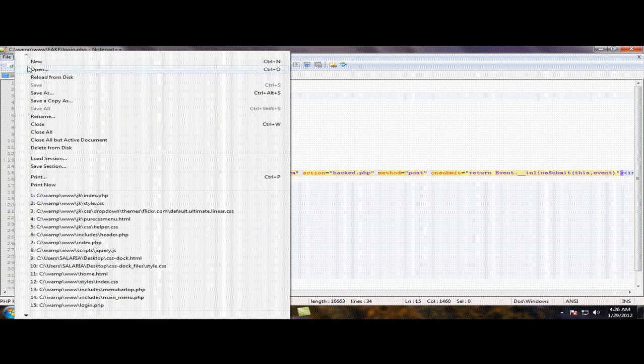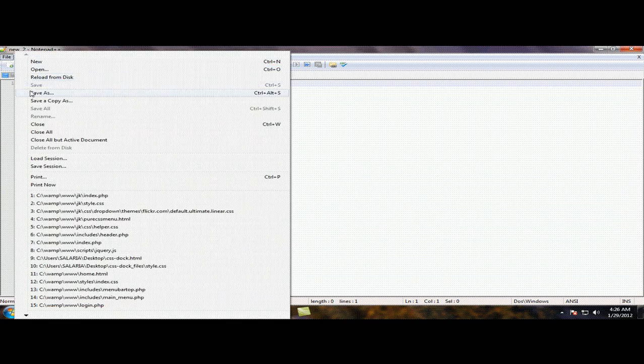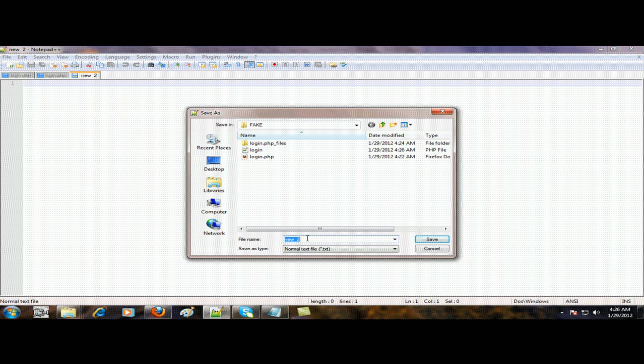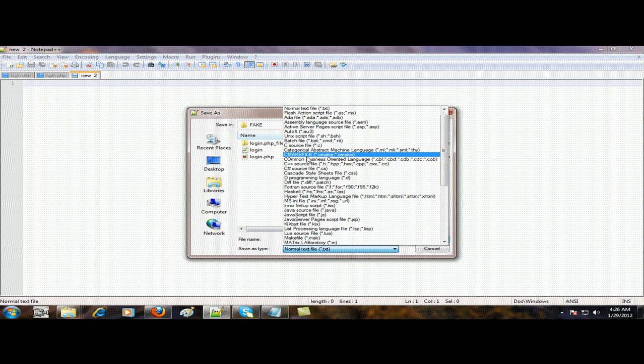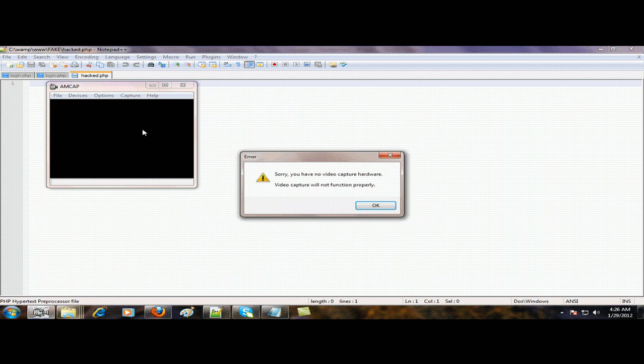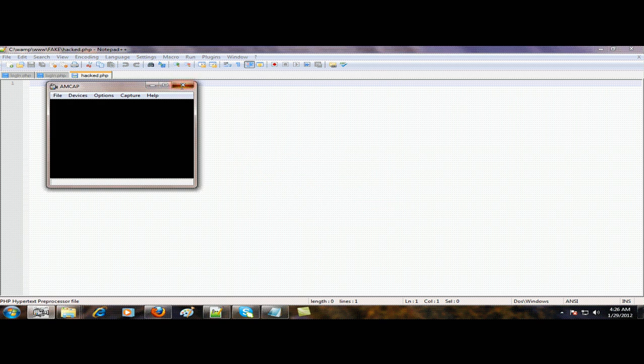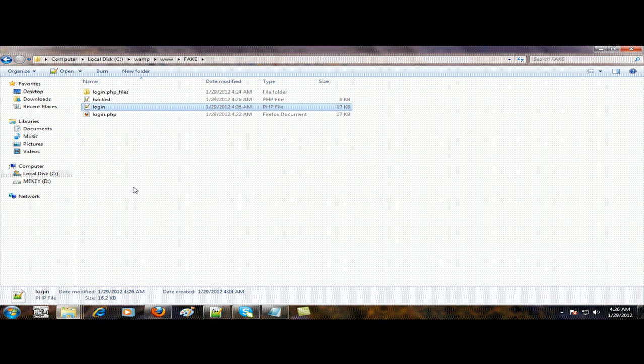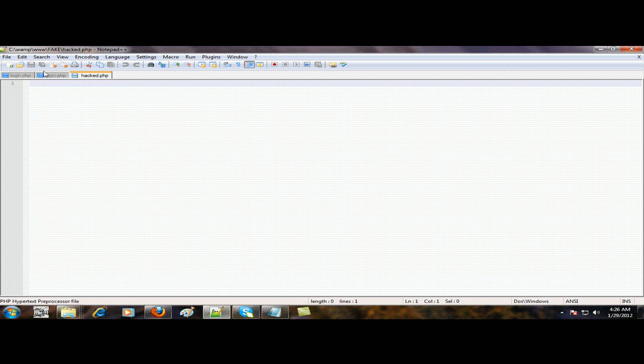Now again create a new file and save it as hack.php. Select all types again. Now we have two files, hack.php and login.php here. Now again go to login.php,